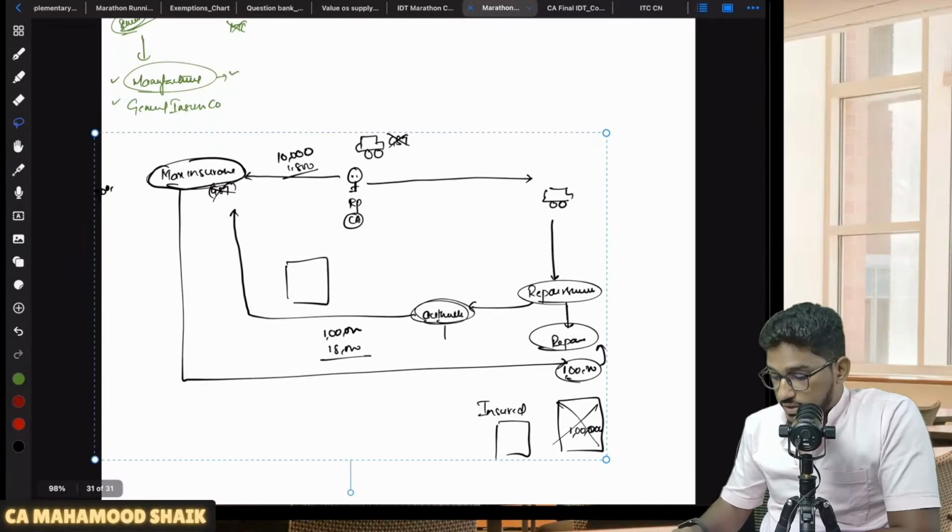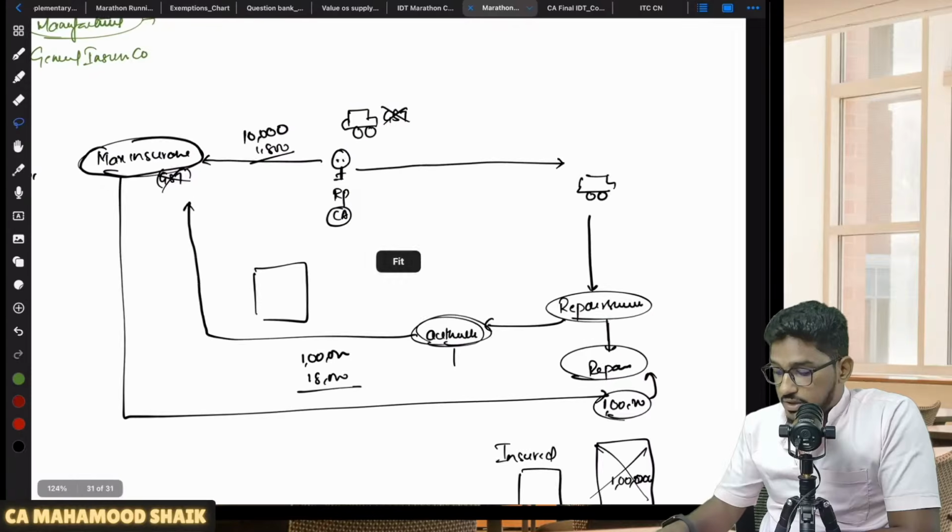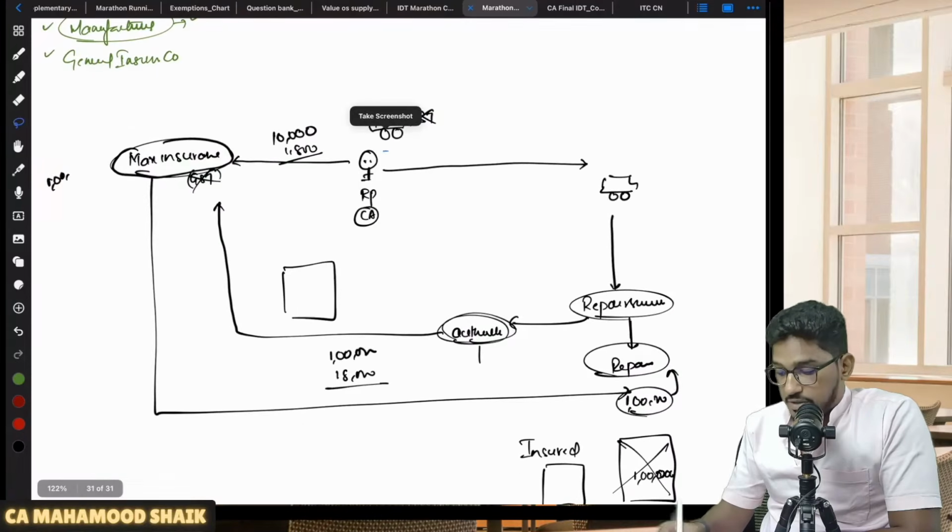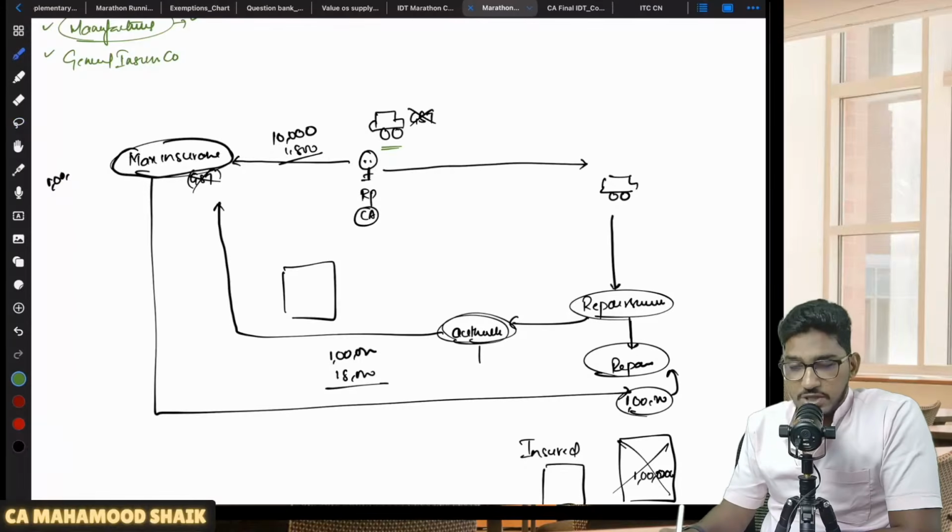So what am I trying to say here is, let us take this example. I purchased a car, a 4-wheeler. I'm a chartered accountant. On this car, I have paid GST. Can I claim ITC of that? No, I can't claim ITC. What I have done is I took insurance. Let us say I paid 10,000 rupees of insurance. On that, I have paid 1,800 rupees of GST also. Can I claim ITC? No, I can't claim ITC on that insurance also, because since I am unable to claim GST on the car, even on the general insurance I will not be able to claim any GST.